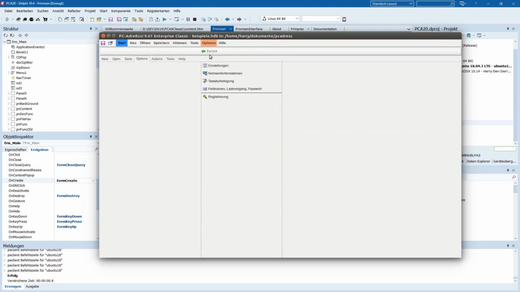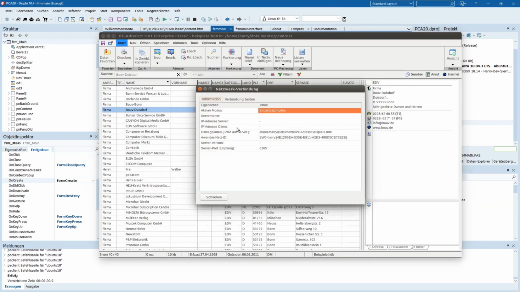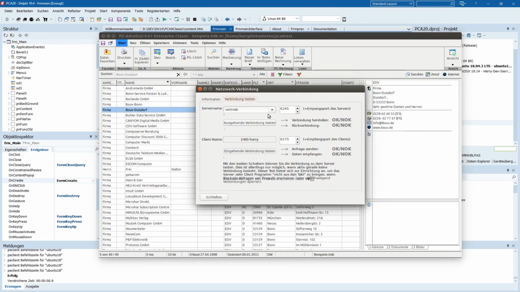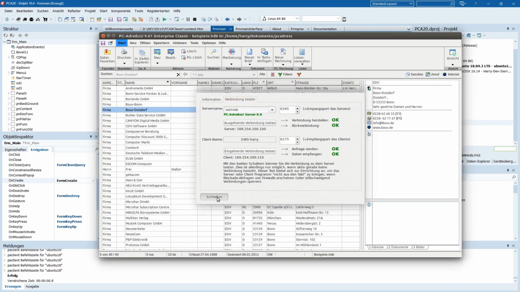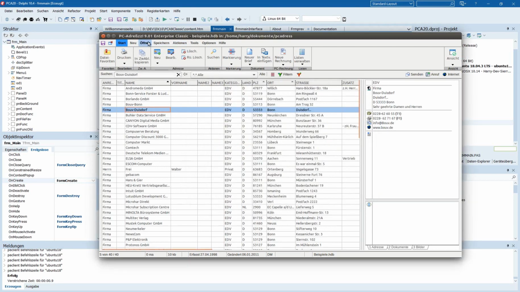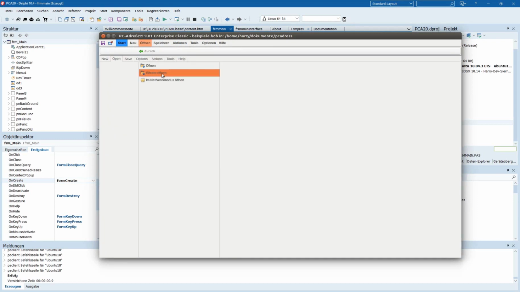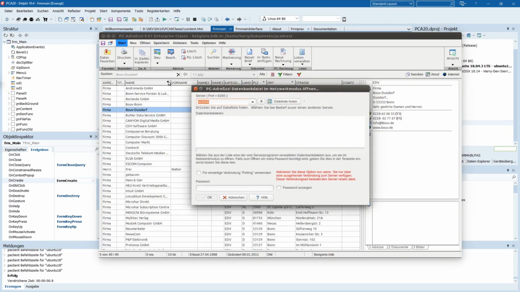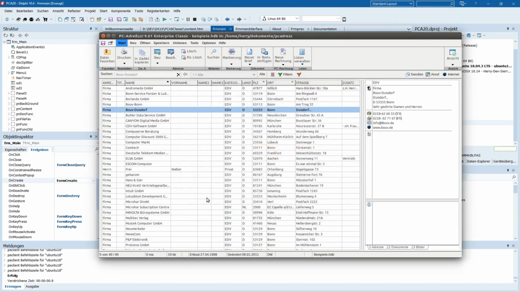I have included in this program a net test, so we can test the connection to the server where a server program is running, and that's all fine here. And so I will open one of these demo files in network mode. I will first list the files that are covered there, and then I open this file here,